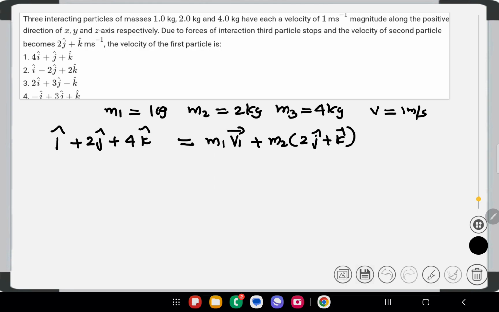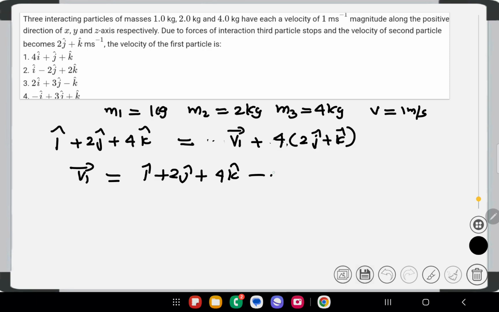And the mass of the second particle is 4 kilogram, so I replace 4 here. And the mass of the first particle is 1 kilogram. So now you have to find V1. So vector V1 equals i plus 2j plus 4k